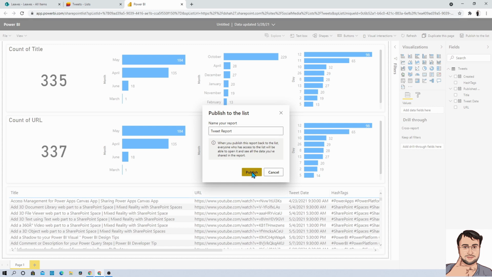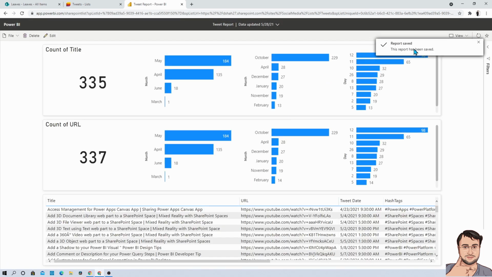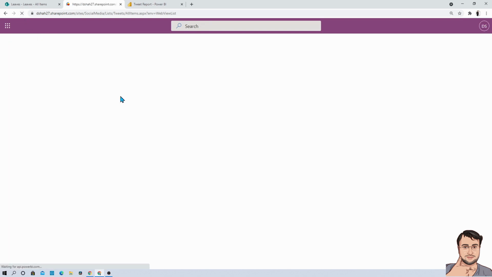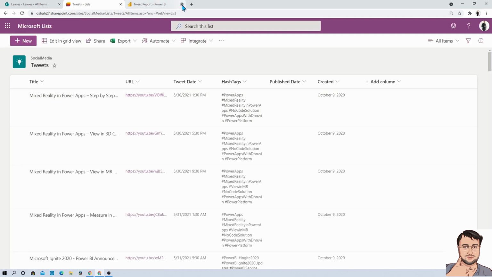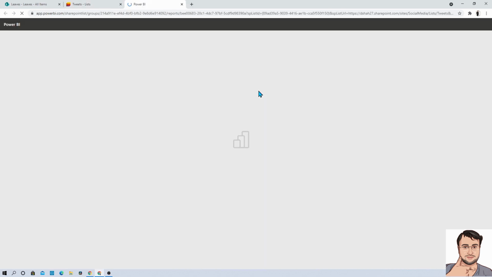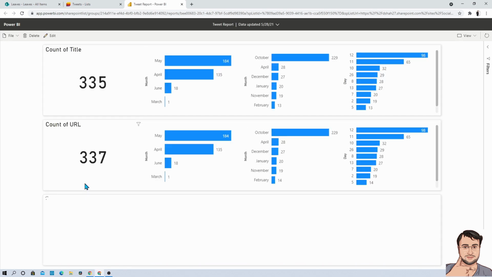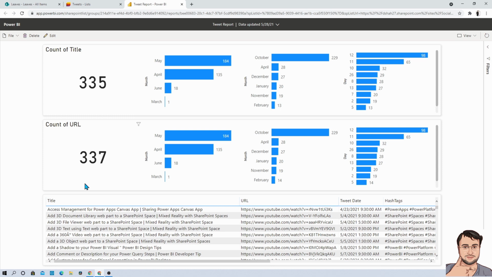Now I'm just clicking on publish and what happened here is the report has been saved successfully, right? And now let me just do one thing. Let me go here and refresh my list over here. Now let's say I wanted to view this report, then how can I view that? For that, click on this integrate option again and over here with Power BI you can see the report that you have just published. Once you click on that, it will open up the Power BI report in a new window and you are able to view the analytics for your Microsoft list data.